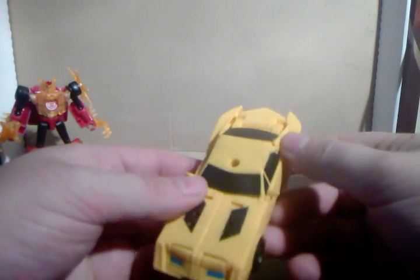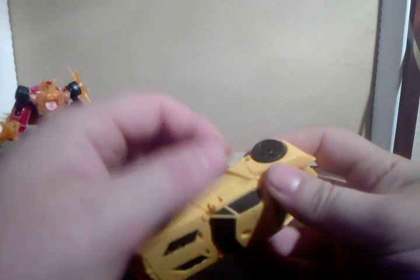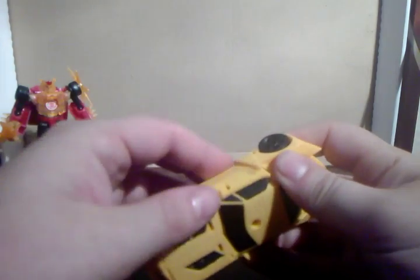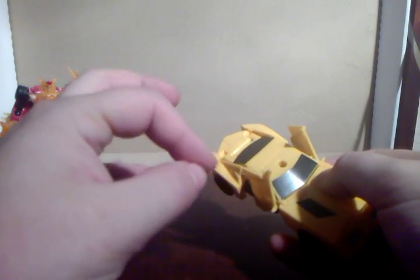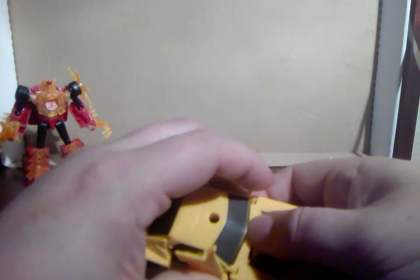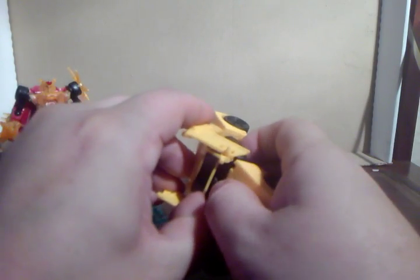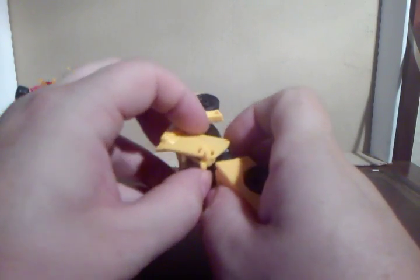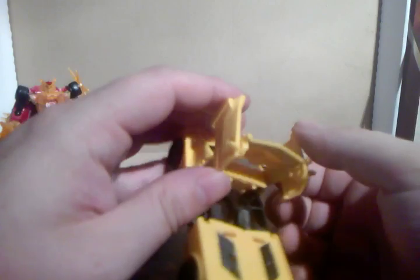Transforming! Yay! This is where it gets a little bit fiddly. These doors, if you get them out of the way, they don't seem to want to go anywhere except where they feel like going at that exact second in time. And that can be a pain. So you get the doors out of the way and then you fold the bonnet up. Why are you catching on everything and anything just because you're in front of a camera? Get these up, and